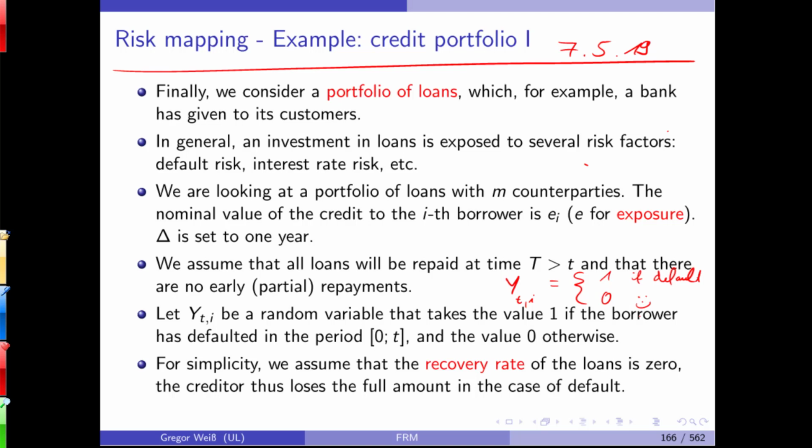And how do they do this? They contact the borrowers frequently. They make them offers that, for example, you have a debt outstanding of 10,000 euros. If you pay 3,000 euros, we will refrain from any further action. So these are some methods you can use to recover your money from defaulted borrowers. But in this case, we'll assume the recovery rate is 0. So if someone defaults, all is lost. It's a 100% loss on a defaulted loan.